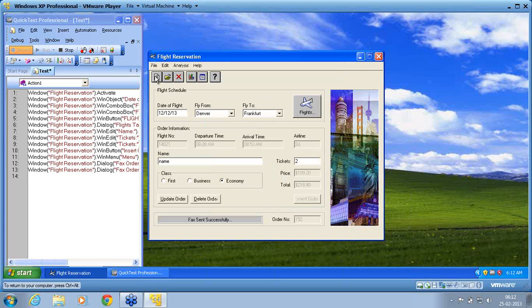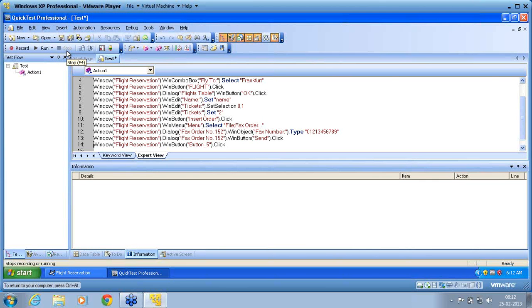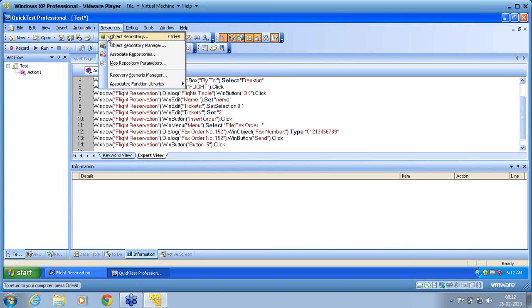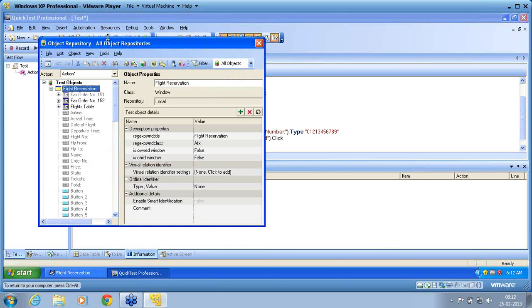Sending the fax. After I send, base state, I stop my recording. After I finish my recording, I go back to resources, I click on object repository. As I click object repository, you can see now fax order number 151 is disabled, that is non-editable mode, and there is one more object added called fax order number 152. Fax order number 152 is the one which we have recorded and that has got added to the local repository,